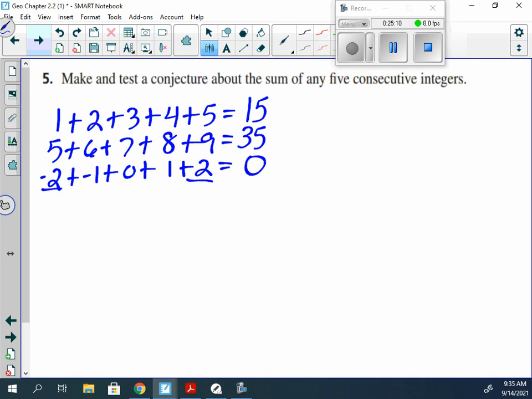Because negative 2 plus 2 is 0, negative 1 plus 1 is 0, so we're left with plus 0, so it is 0. Let's see if that still works. 0 times 5 is